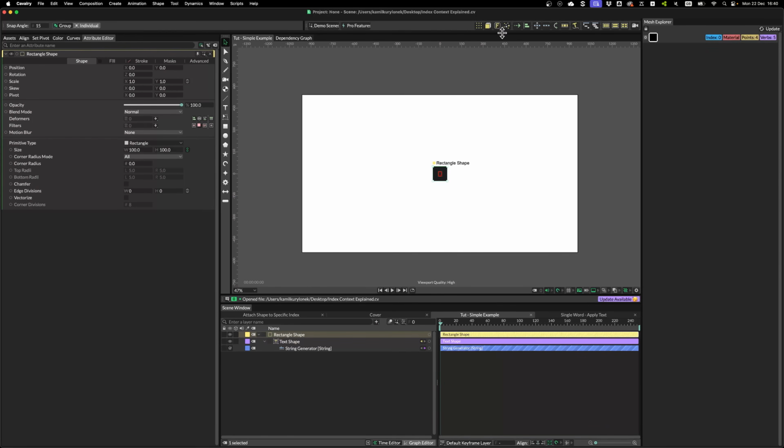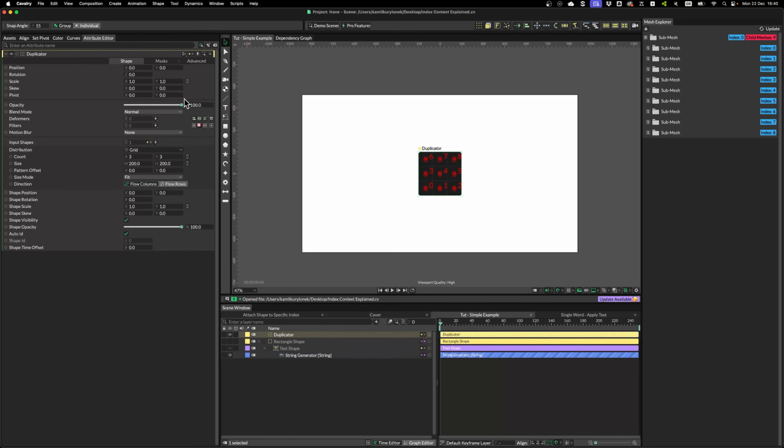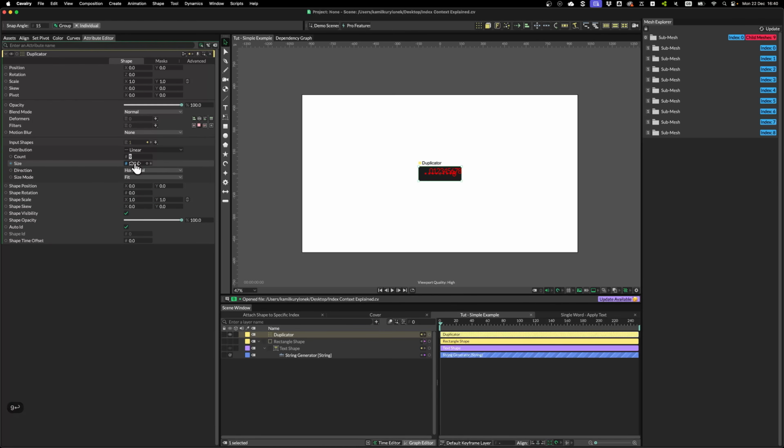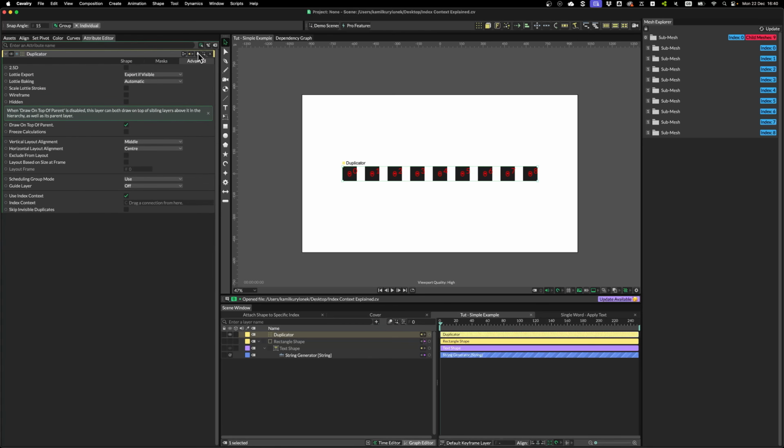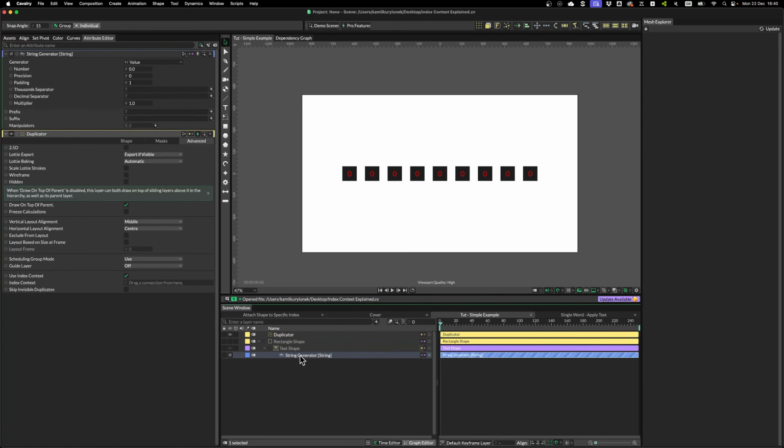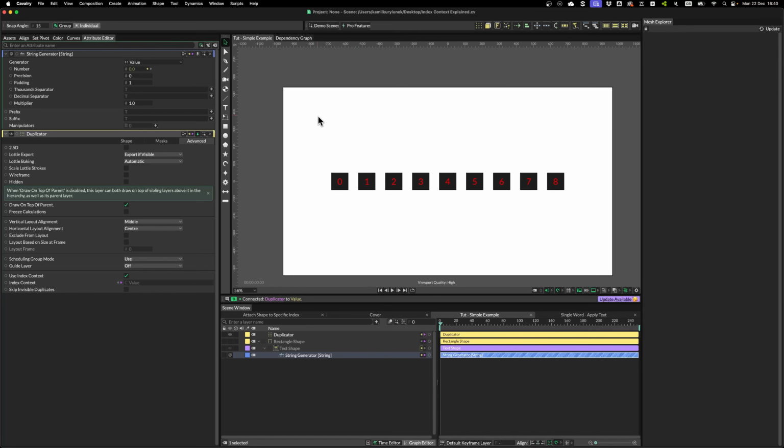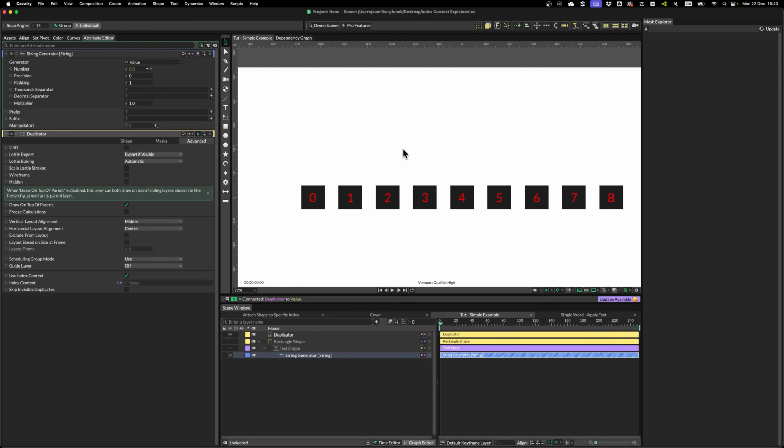Let's put this shape inside a duplicator, change it to linear distribution, maybe make something like 9 copies, and space this out. Go back to the Advanced tab, select your string generator, grab the index context property and drop it on the number field. So what we just did, we created our own little debug layer with this text layer, because now